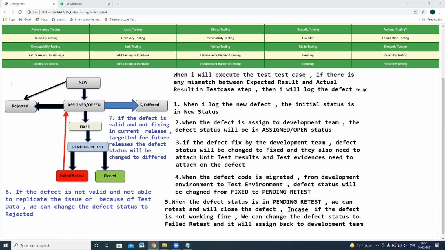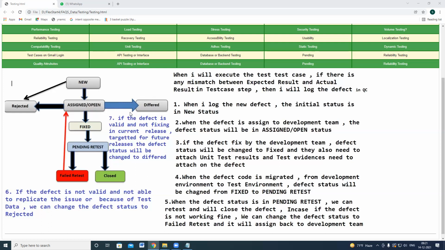Maybe you are correct, and maybe that is an issue, but it is not in scope for the current testing. For the current release, this functionality was not there. Like that, the developer has given comments. In such a case, during the defect trace call, the test lead will call out our BA and design team. The developer is commenting that this is not in scope for the current release. Could you please comment on this? Yes, this functionality was not there. We can test this issue in the next release.